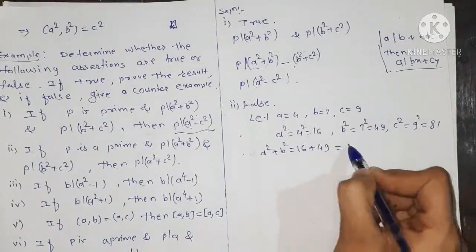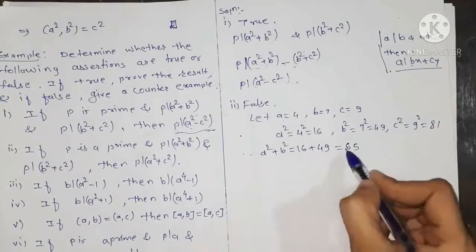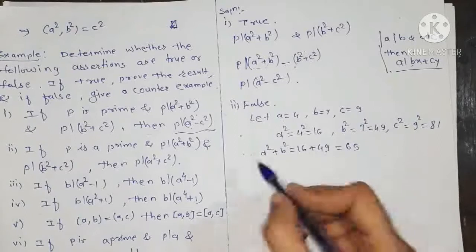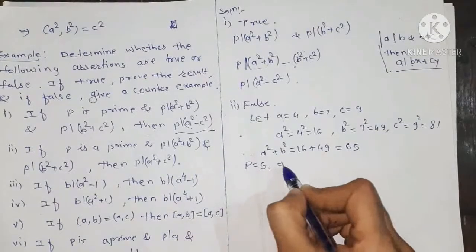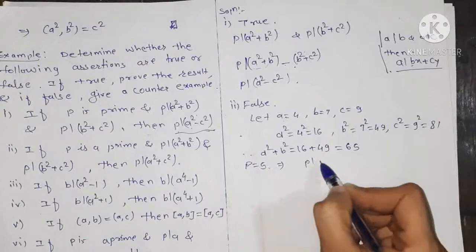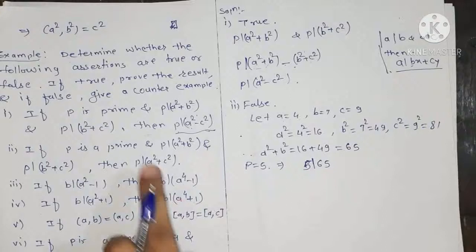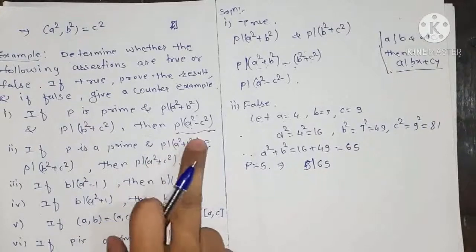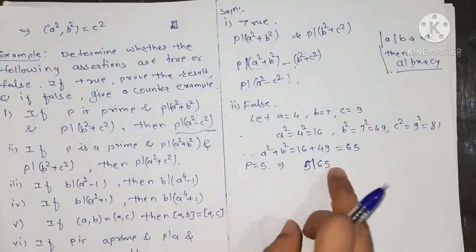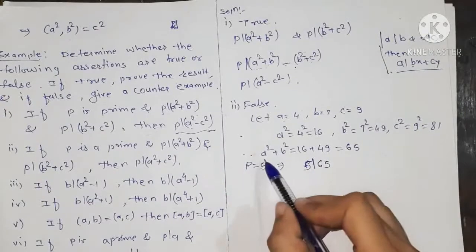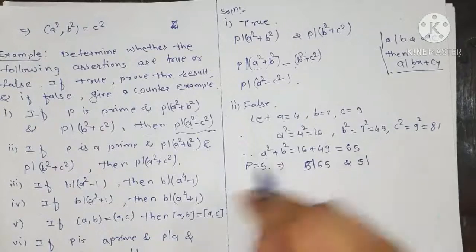So this is equal to 65, right? Okay, now p equals 5 implies p divides, that is 5 is dividing 65, that is p is dividing a square plus b square. So p is a prime number because 5 is prime. So 5 is dividing 65, that is dividing a square plus b square, and 5 divides b square plus c